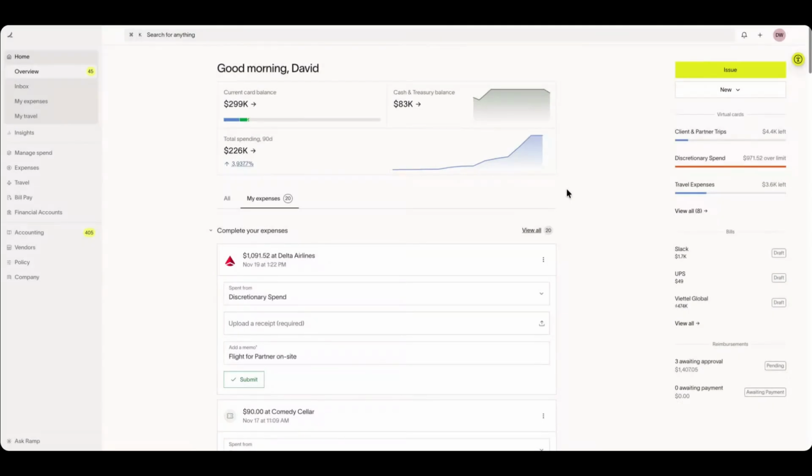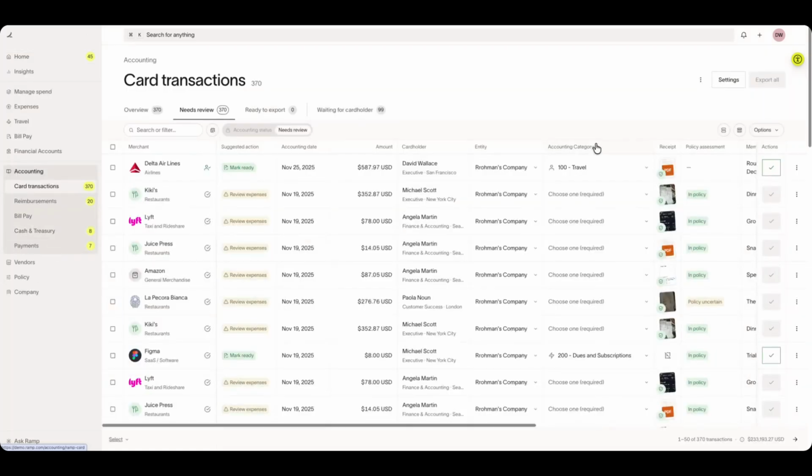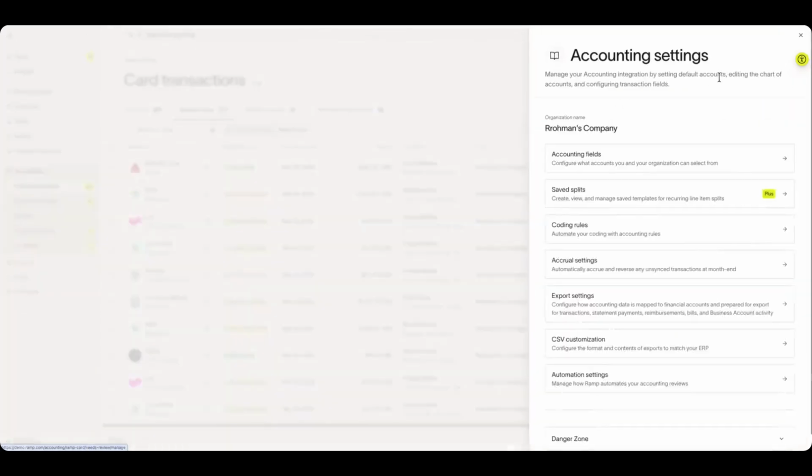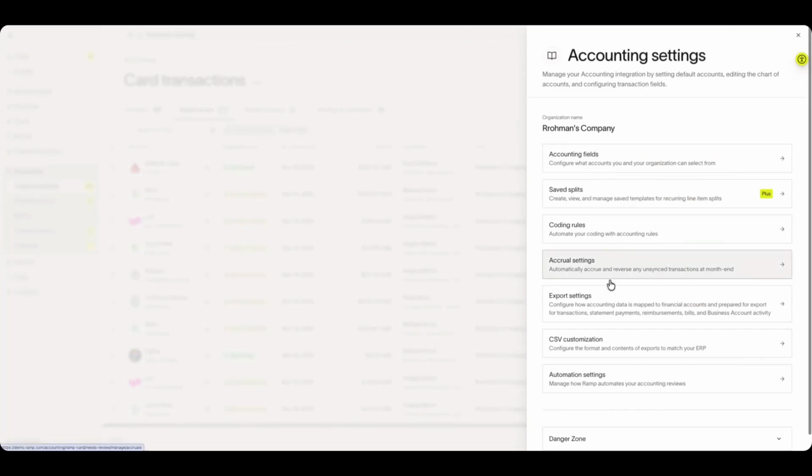Hi everyone! In this video, we're going to walk through how to customize your CSV export when you are using our Universal CSV connection with Ramp. Once you log into your Ramp account, you're going to navigate over to your Accounting tab on the left-hand panel. Once you're there, you're going to click on Settings on the right-hand top corner, and then you're going to click